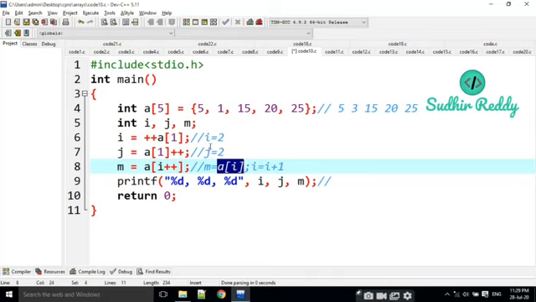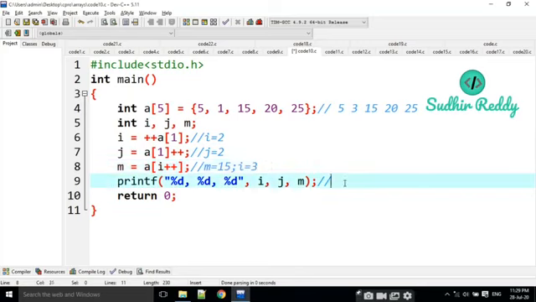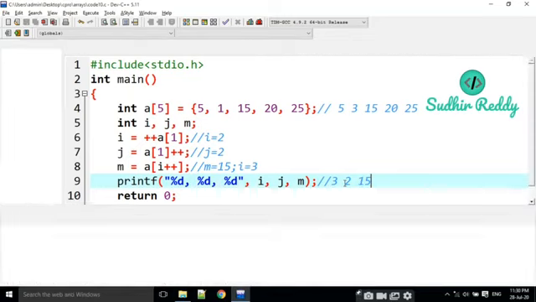I value is 2. A of 2: 0, 1, 2. That means M becomes 15. Then I is 2, 2 plus 1 is 3. Finally the I value is 3, J value is 2, M value is 15. The output is 3, 2, 15 here.